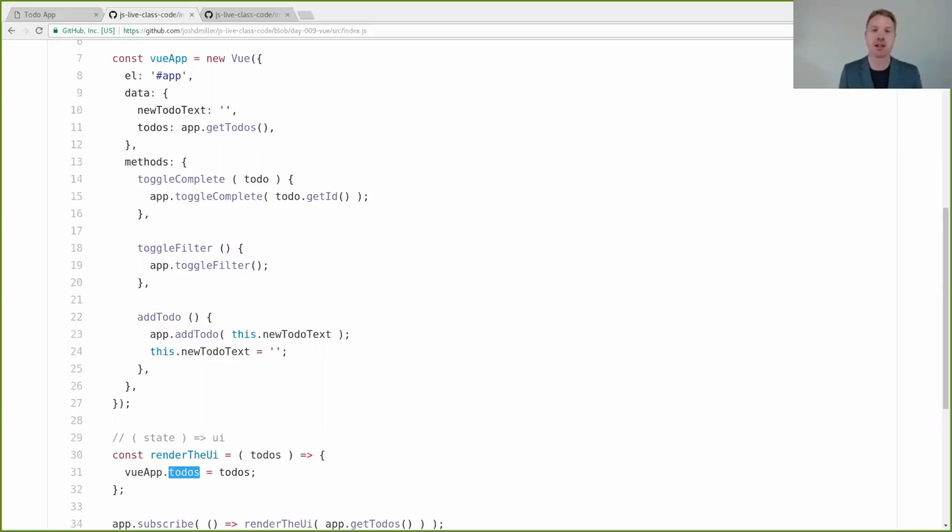Flux, as I mentioned last week, is an alternative to MVC. It's not a library. It's a way of handling data flow. And you could use Flux in Angular or Vue or React or anywhere, just like you can use MVC in any of those. It's just a way of thinking about it.